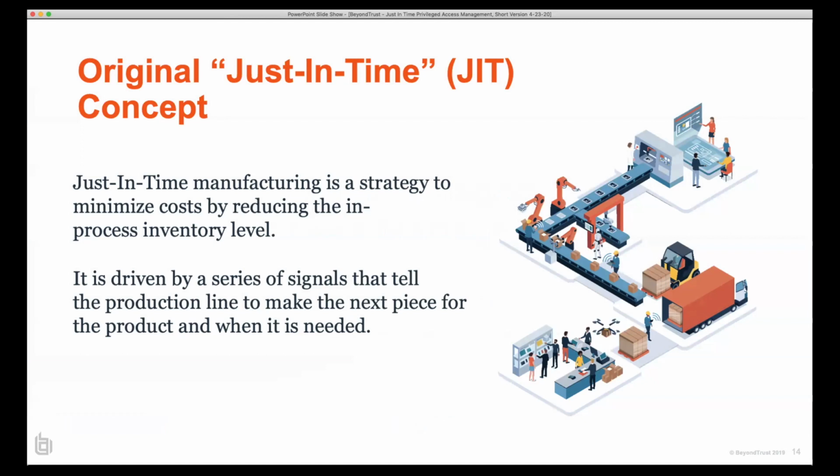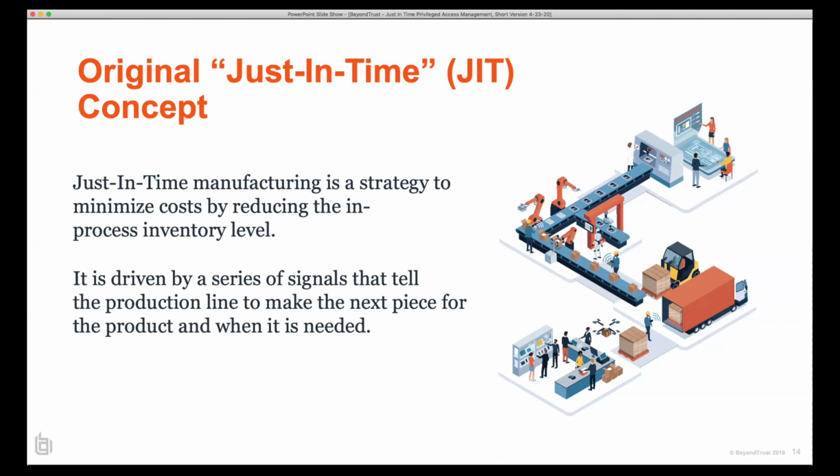Now, the original concept for just in time came from manufacturing. Early in my career, I worked for a vending machine manufacturer. We built vending machines just in time. We would have a warehouse of all of the assembly components needed to make the machine with only a few spares in case quality control failed. A truck would show up in the morning with all the sheet metal, all of the solenoids, all of the electronics. We would build the machines during the day based on that order and load that same truck up and send it out. The concept for just-in-time for privileged access management is the same.